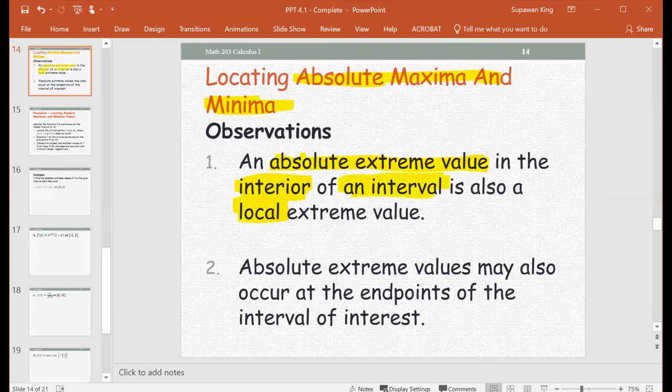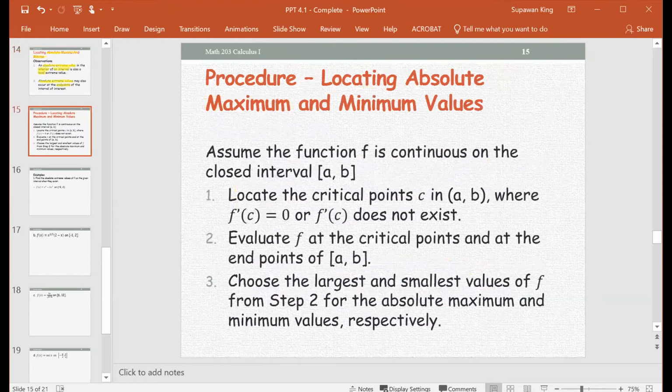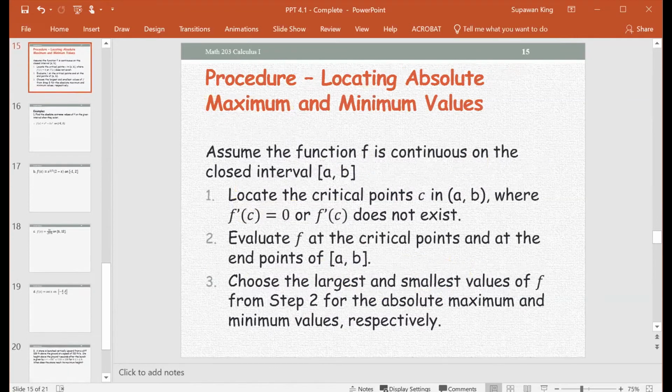That's one observation. The next one: absolute extreme values, absolute max and absolute min, also occur at the endpoints of the interval of interest. So it could be happening within the graph or at the two ends. Extreme here means for the entire graph, the overall graph or the global picture. Based on these two observations, we have the procedure, steps 1, 2, 3,